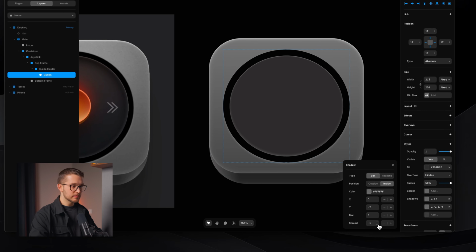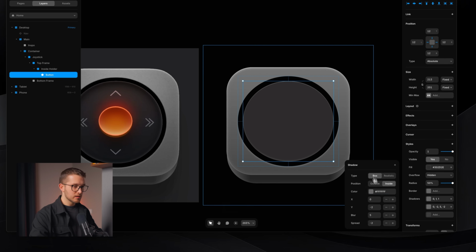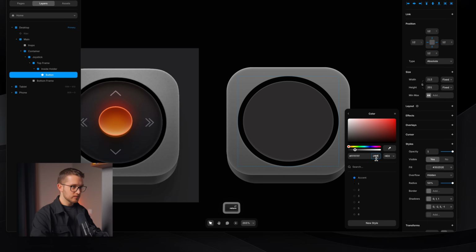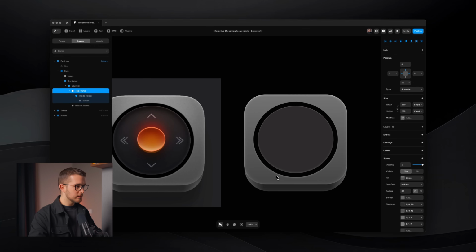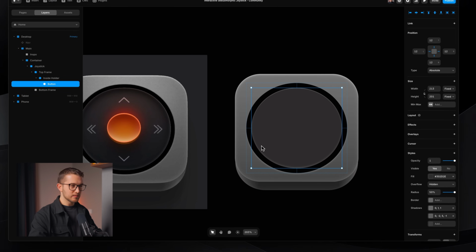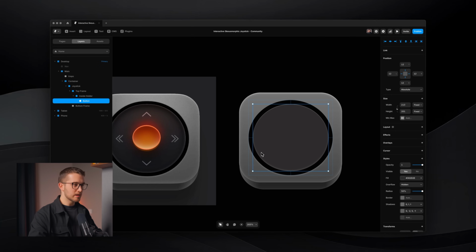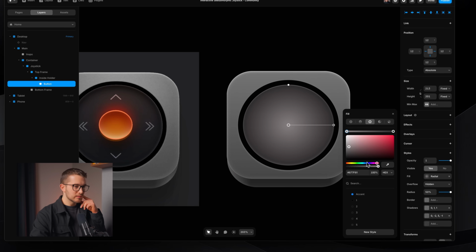Maybe decrease the spread. Tweak the opacity. 25 maybe. And then I'll just set the spread to only -1 and then maybe set the opacity to 20. It looks great, I think. Yeah, it's fine, but it still looks pretty bright. It's almost too bright. So what I'm actually going to try doing is maybe adding a radial fill so the center